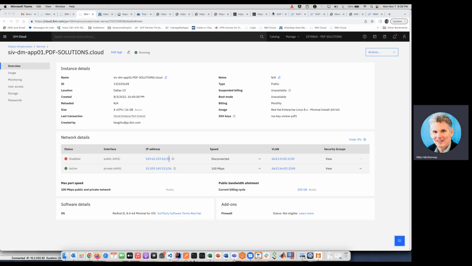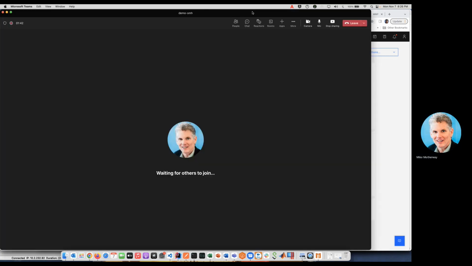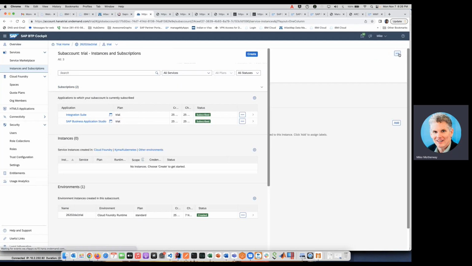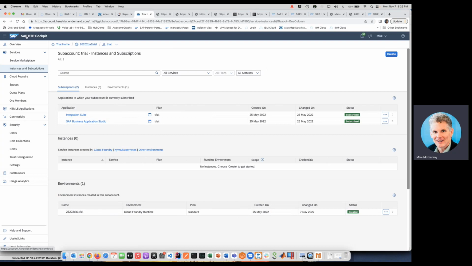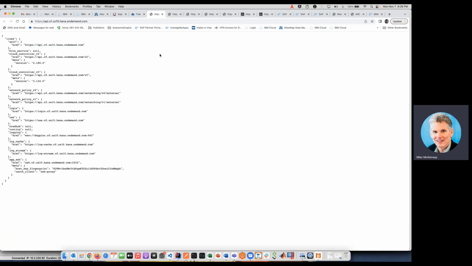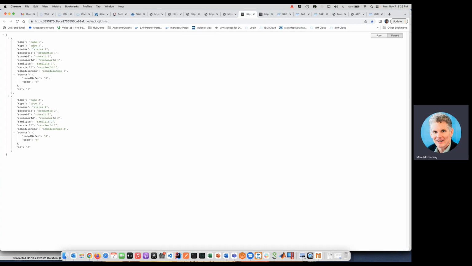On the target side, you can see we've got this account on SAP Cloud with a trial instance of SAP S/4HANA. And if you take a look at that, it's got an endpoint here. It's just a health check endpoint showing you that S/4HANA is running at this endpoint. So you do a query, and you can see we start off with a couple of lots here